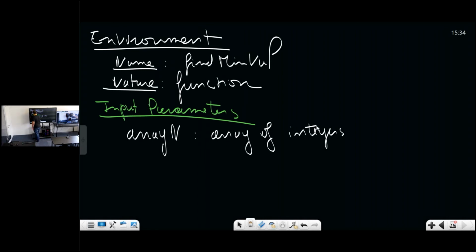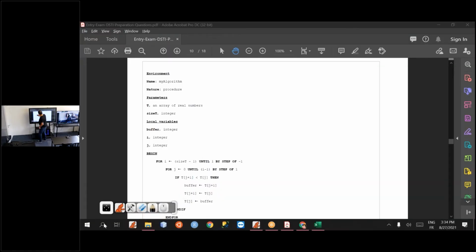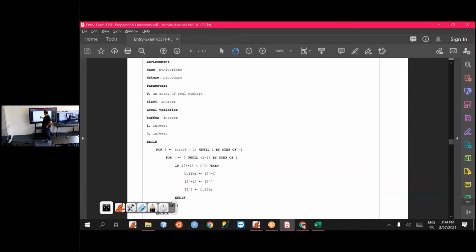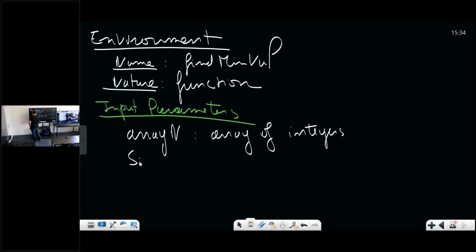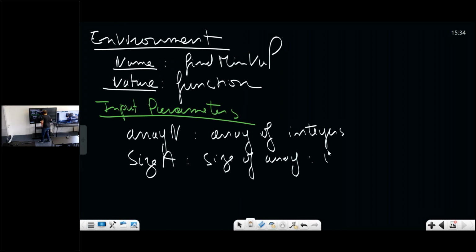And as such, as you see here, we normally place the size of an array, which is an integer value as well. So how many elements we have in the array. Then we have the section of local variables,